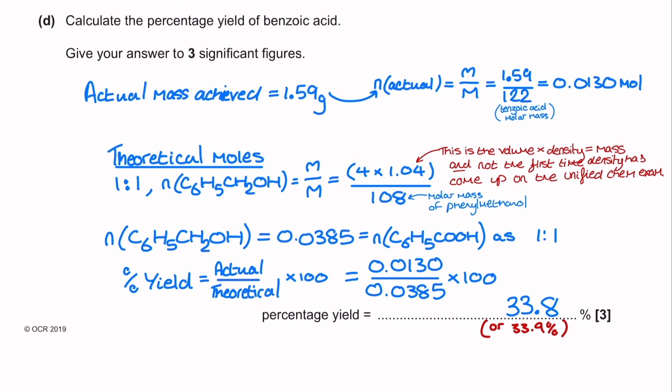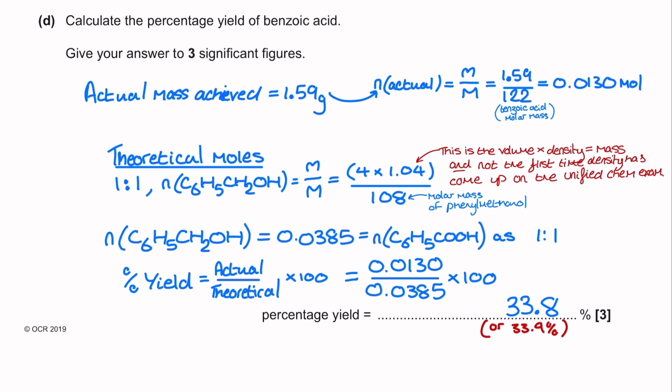Here, for example, in order to get the mass of the phenyl methanol, what I'm having to do is the centimeter cubed value for that substance multiplied by the density. So I'm doing 4 centimeters cubed multiplied by 1.04 grams per centimeter cubed, and it gives me my numerator here, which is going to be my mass of the phenyl methanol. I then divide that by 108, which is the molar mass of the phenyl methanol, and it gives me a number of moles of